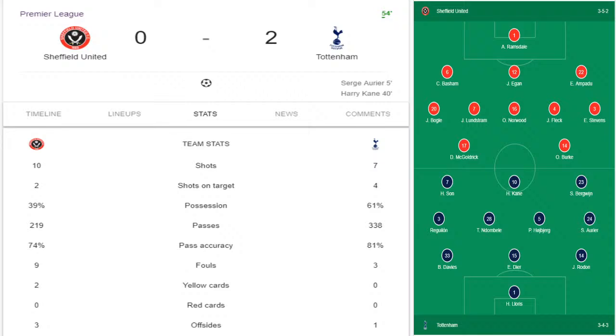Yeah, it's better. It is better from Sheffield United. They've got to be careful though, because they're committing bodies forward, and Tottenham have caught them a couple of times, haven't they, with a real quick counter. So they've still got to be careful whilst trying to get back into this game. Corner kick clipped away by Tottenham. Son tussling for it. Fleck goes all the way back to his goalkeeper, with one or two Tottenham players sensing blood. Ramsdale launches it